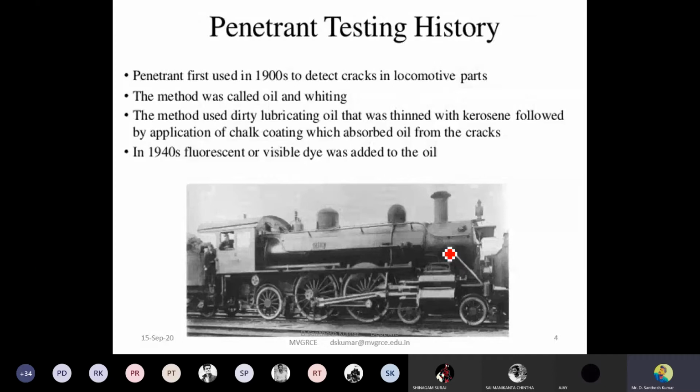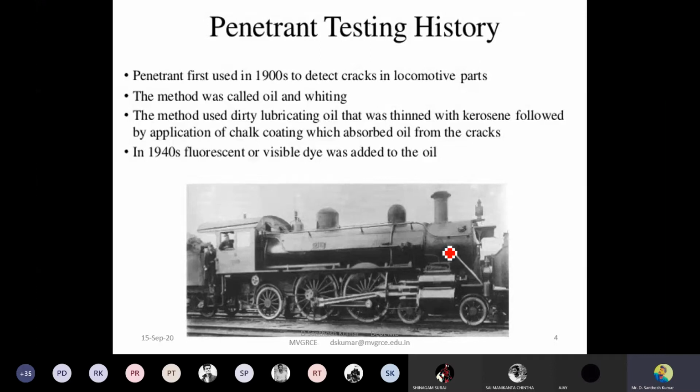If the inspector doesn't have some knowledge about which one is a crack and which one is not a crack, because whenever you apply the developer you get different kinds of marks, then it is hard. So the inspector should be able to identify whether it is a crack or maybe another kind of thing. For that reason, if it is clearly visible, then inspection is very easy. That is why they try different kinds of dyes. There are visible dyes, and sometimes they also use fluorescent dyes and so on. This will give